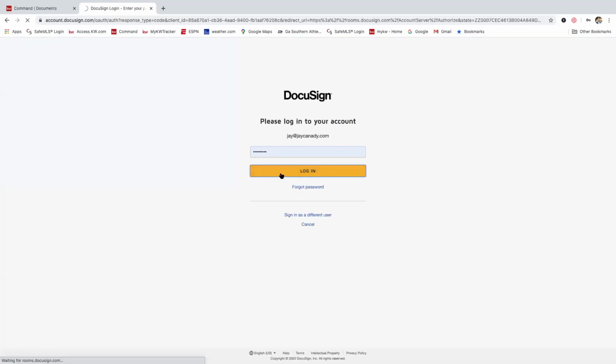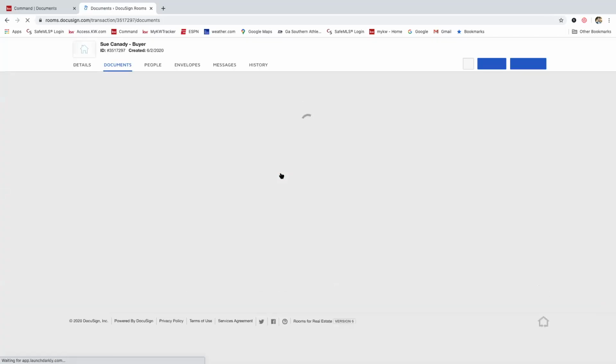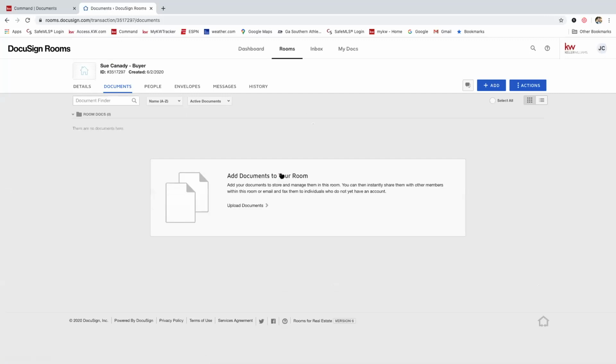And then once you log in, what's going to happen is DocuSign is going to automatically create a room for you for this particular opportunity. So again, those of you who are familiar with Dotloop, a room is like a loop, okay? Same sort of concept. Initially, it's going to bring you into the Documents tab itself, but I want you to